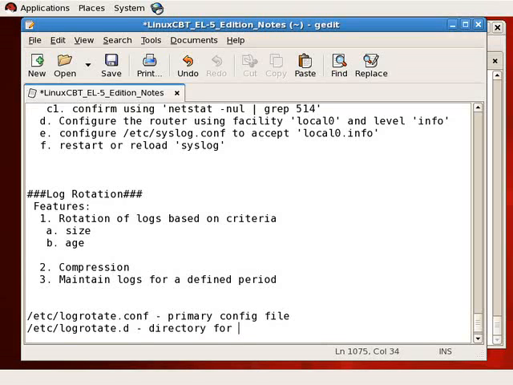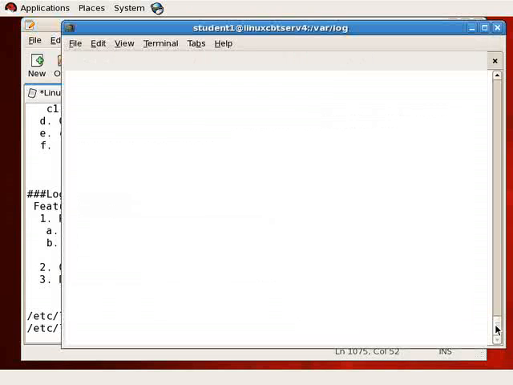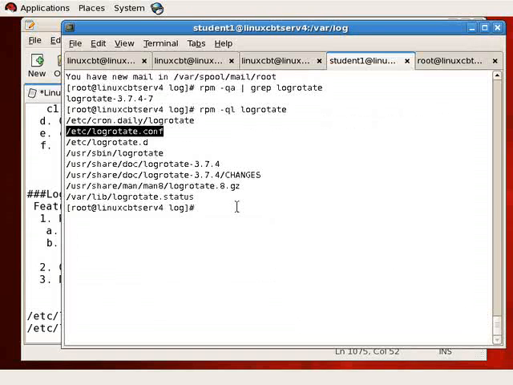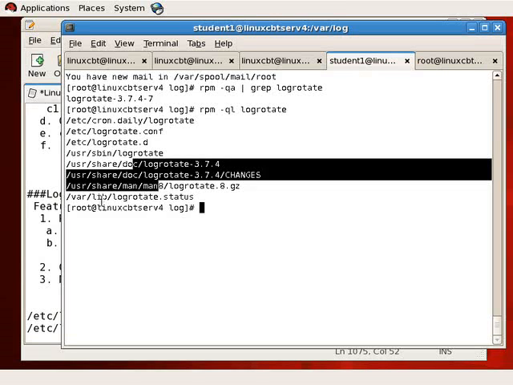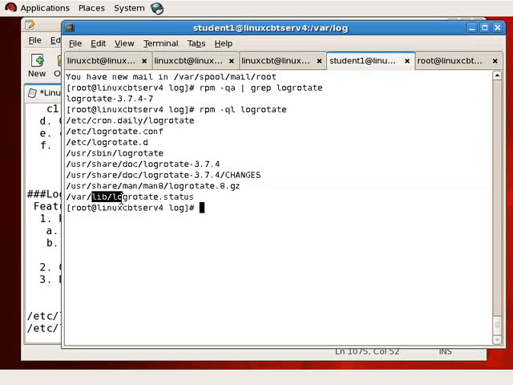for logs to be rotated, and you place beneath that directory one file per log type that you'd like to have rotated based on criteria. The primary program is beneath user sbin. Programs that are beneath sbin of any form, whether beneath /sbin or user sbin, tend to be executable only by the root user. And then there's documentation, as well as a file which is maintained beneath varlib to contain statistical